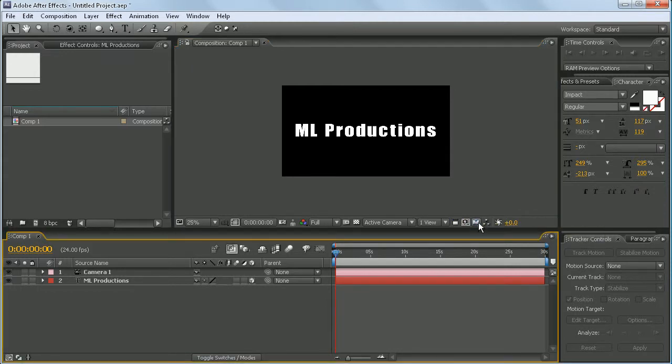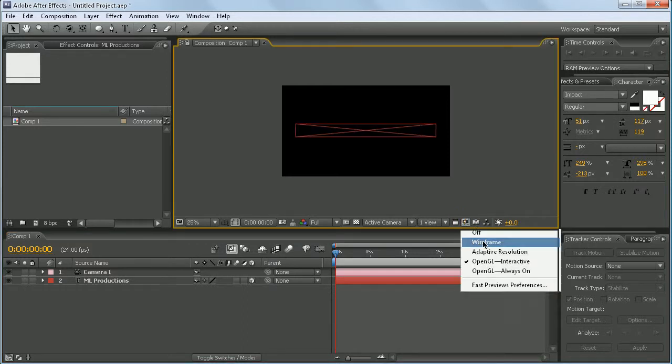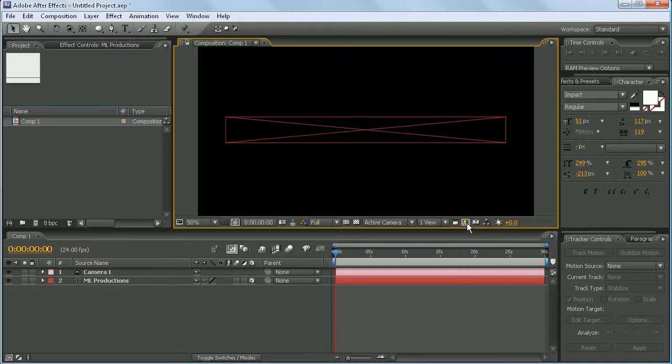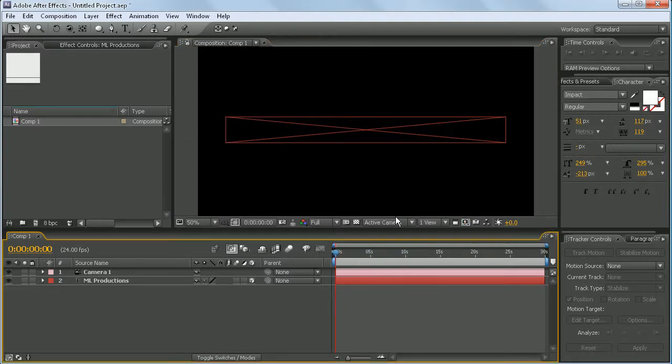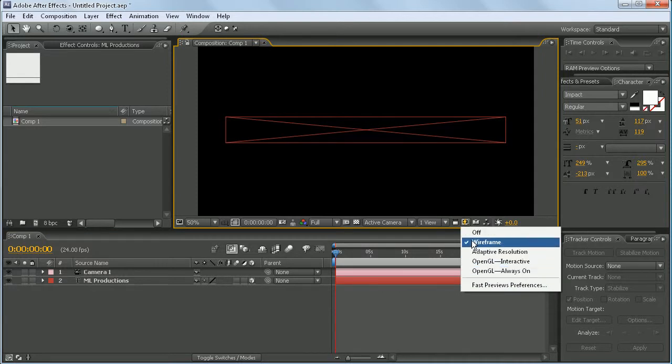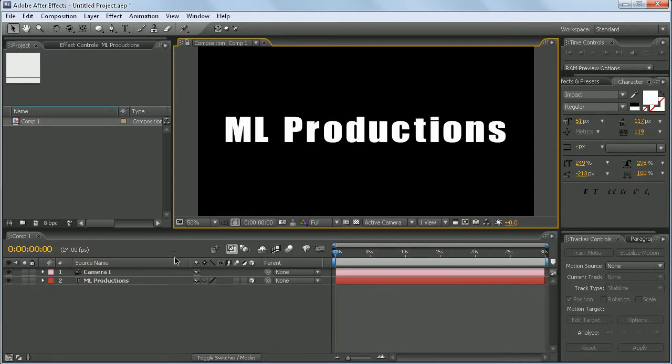So wireframe is basically just for extremely fast rendering. It just shows the size of your objects. So say you have a ton of stuff, this would just basically be a quick little way to render everything. These are just other views. And down here,